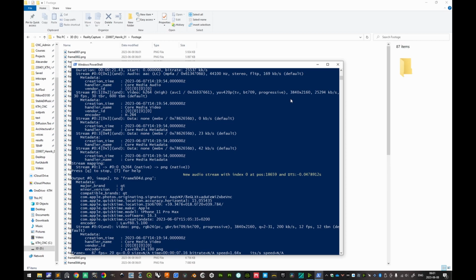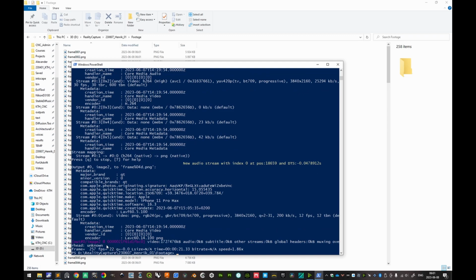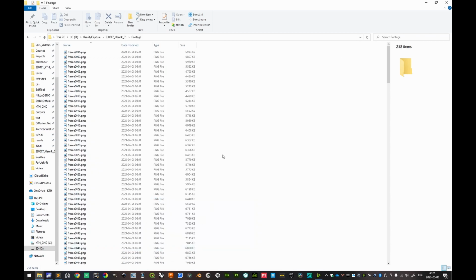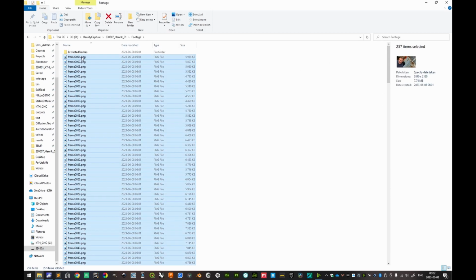And in the background, you can see that it populates here with frames. And you can see how fast it processes the frames and how many frames have been processed there. Very good, and now it is done. We can exit this. Here we have all the frames. For tidiness, we can make a new folder here with Ctrl-Shift-N and type extracted frames. Very good, and then we can select all of these,